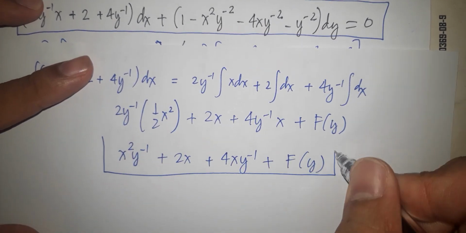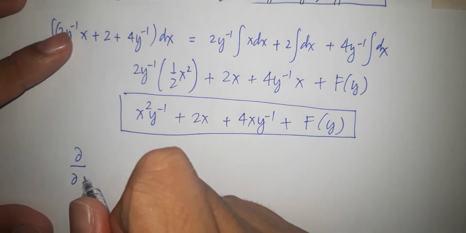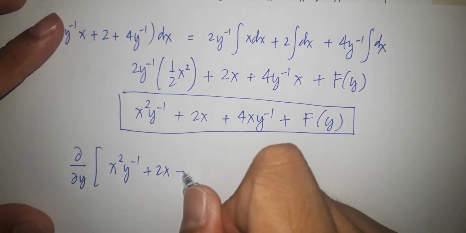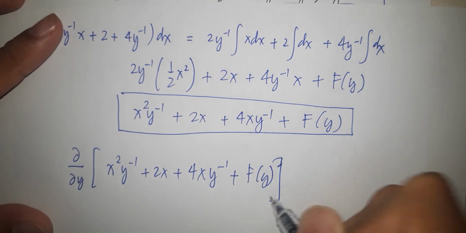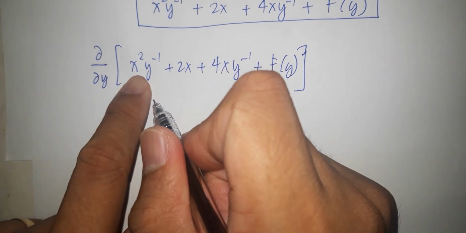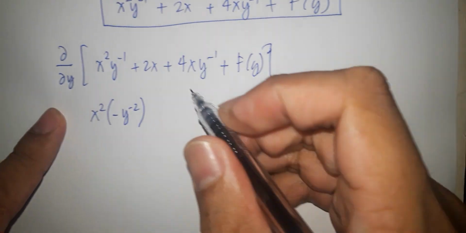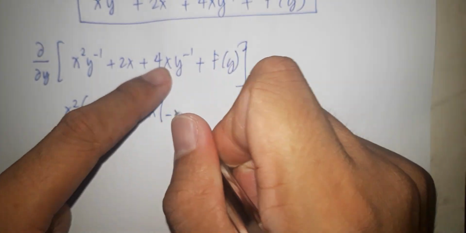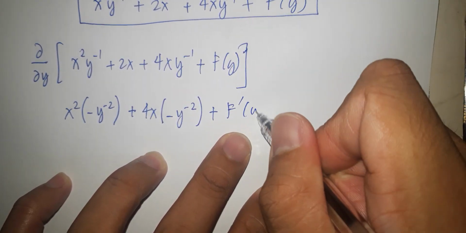So, yung result daw na ito ay kukunin natin yung partial derivative with respect to y. So, x squared y^-1 plus 2x plus 4xy^-1 plus f of y. What will be the result when we differentiate it with respect to y? This is constant, so it becomes -x squared y^-2, again, power formula. The derivative of 2x is 0. That's plus 4x times -y^-2, plus f prime of y,